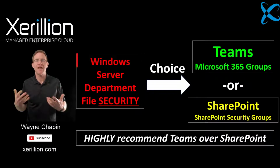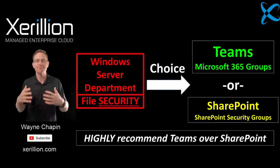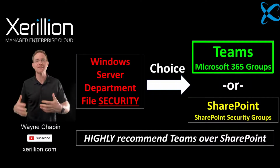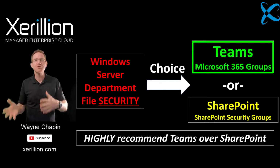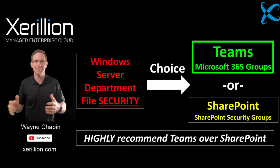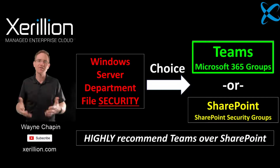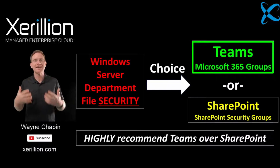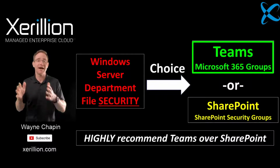Then when it comes to securing access to your shared folders in Microsoft 365 with Teams, it's very easy. Each team we create in Microsoft Teams automatically creates its own corresponding security group. And we just add or remove users to the team group inside Microsoft Teams. And it's very intuitive to use. And inside the team, you can also create private channels and include or exclude people in the main team. You can also give ownership to a non-technical department manager and let them maintain user access, freeing up IT support